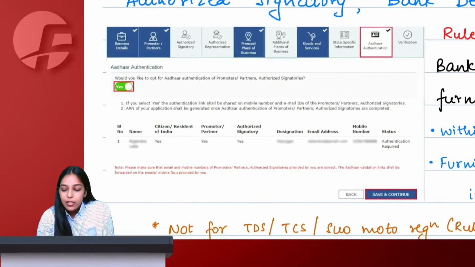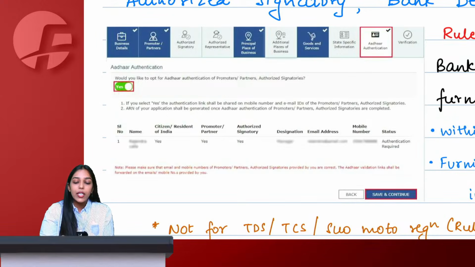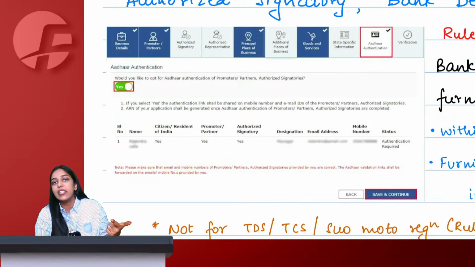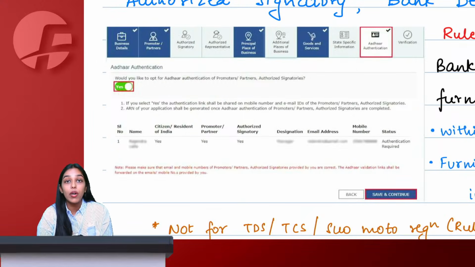Now Part B will ask you all the possible details that it could: what are your business details, what are your personal details, your address details, what goods or services you are going to deal in, what are the HSN codes of the goods and services that you are going to deal in, are you assigning anyone as your authorized signatory, are you hiring anyone as your authorized representative, are you going to do Aadhaar authentication, what are your bank account details. Oh my god, everything.